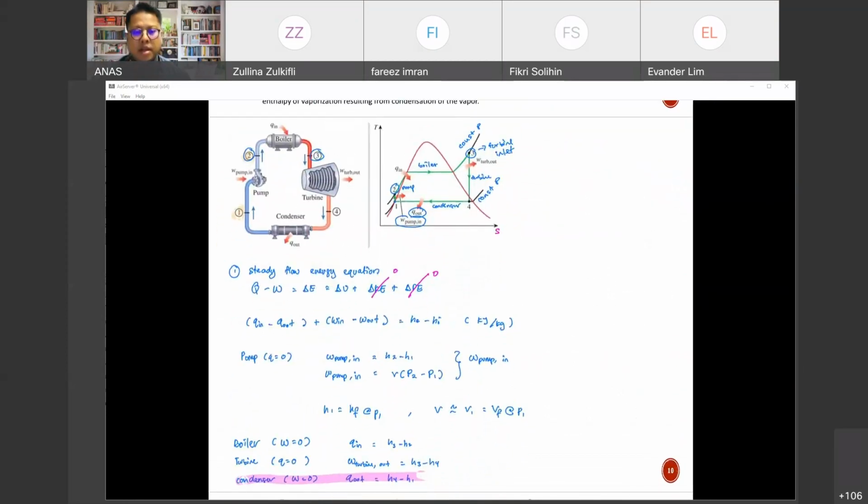And of course, it's also important for us to understand some of the energy equations that relate to the ideal Rankine cycle. So the first one, if we look at the system, we can proceed with the steady flow energy equations. We start with Q minus W equals delta E,